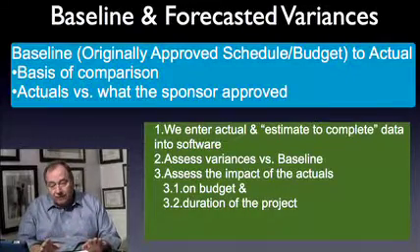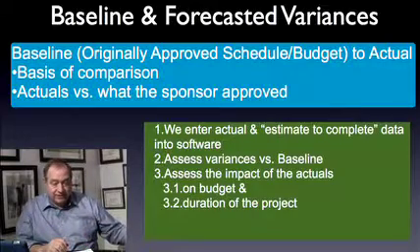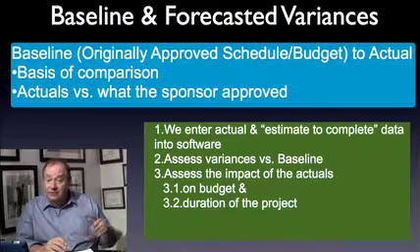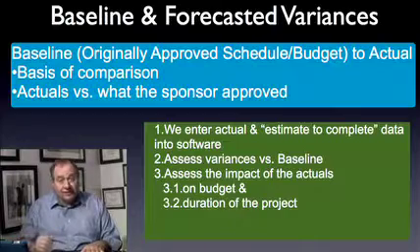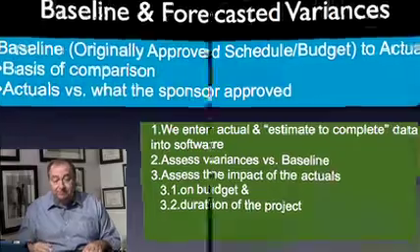So your status report provides the sponsor with forecasted variances, and then you present corrective action to those variances that we have to solve. And when the sponsor approves those corrective actions, then you and the team implement them.